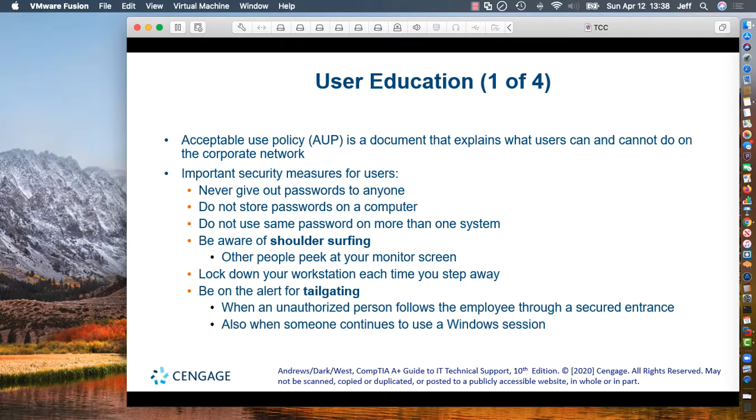All right, so an acceptable use policy. It is a document that explains what you can or can't do on a corporate network. It's a high-level policy. Policies are high-level. They just give that 50,000-foot view, like never give out your passwords, do not store your passwords,